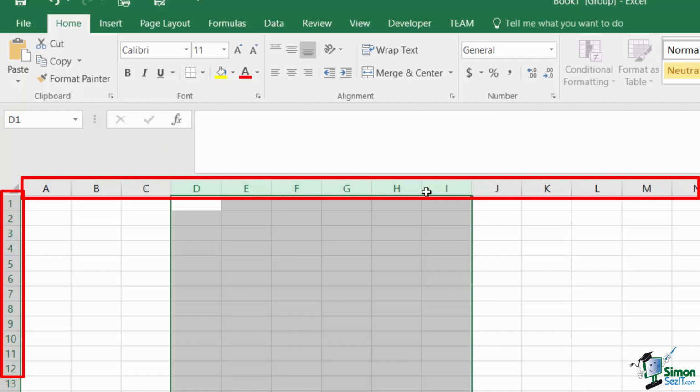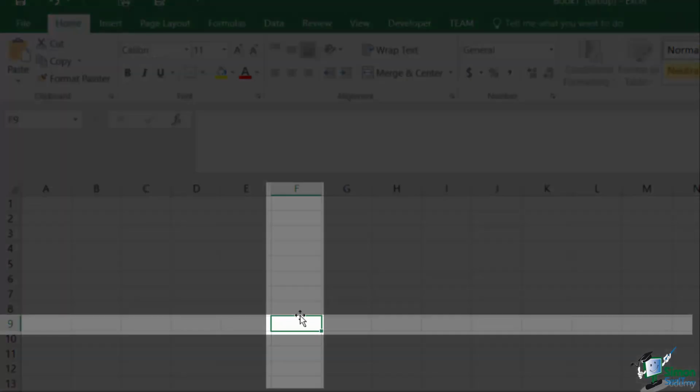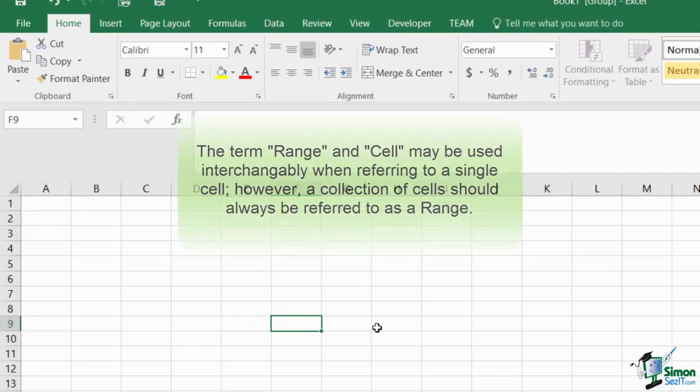Each cell represents a unique point within a specific worksheet. Every cell has its own specific address, which is defined by the column and row pair that it exists in. For example, my cursor is currently sitting at the crossing of column F and row 9. This crossing defines a specific cell. I will generally refer to one or more cells as a range and reference them based on their column row